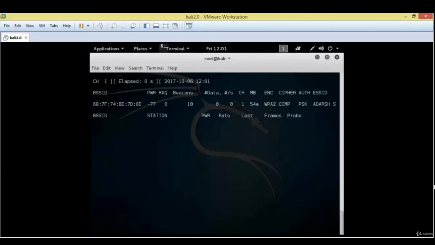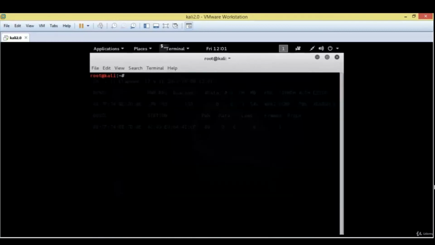As you can see, some files are created on your desktop. Now we try to steal authentication from one of the devices connected to our target Wi-Fi, and for this open a new terminal and type aireplay-ng with an option -0 and mention the number of deauthentication packets you want to use in this attack, followed by option -a, which stands for access point, and paste the MAC address of our target modem.